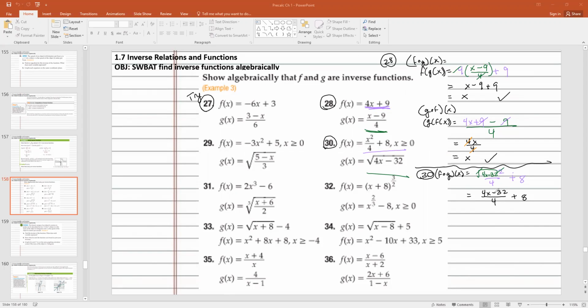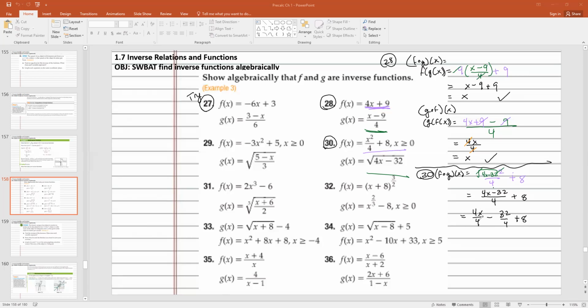And usually you want to break up that fraction bar. So we're going to break it up into terms. You can only do this for the numerator, okay? So here you have a 4x and a minus 32. So let's break up our fraction bar. Here we go, 4x over 4 minus 32 over 4